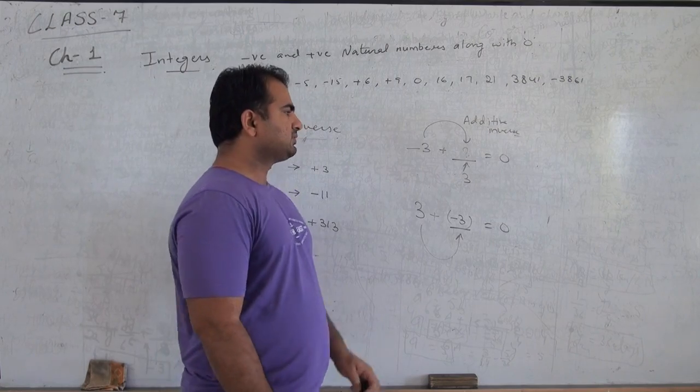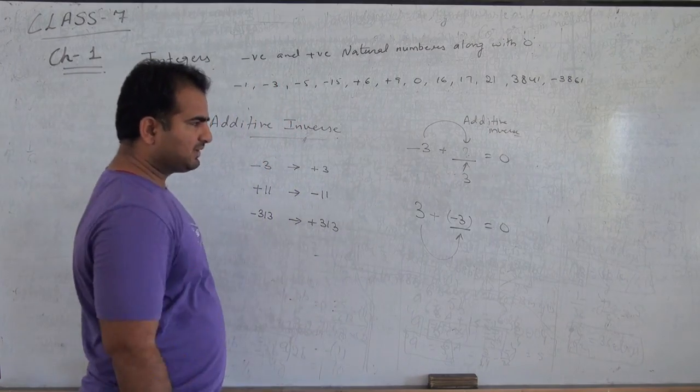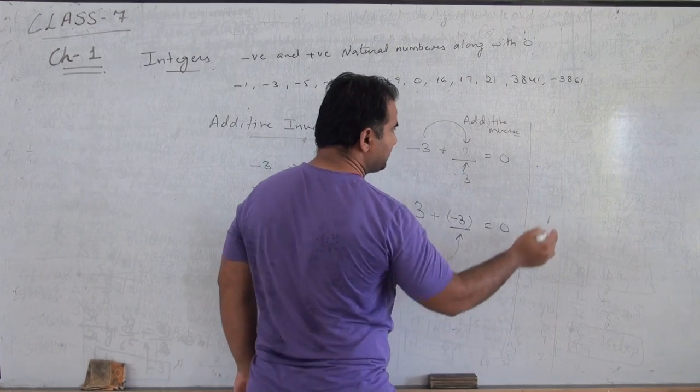Minus 3 is the additive inverse of plus 3, and plus 3 is the additive inverse of minus 3. So what I am asking is, give me some answers: what is the additive inverse of